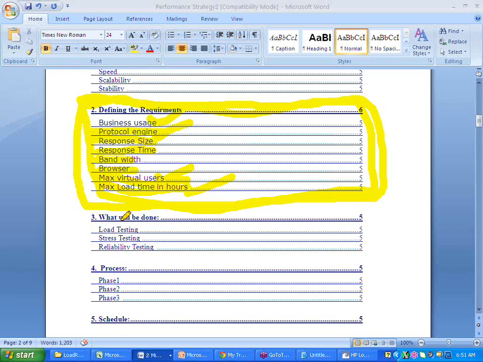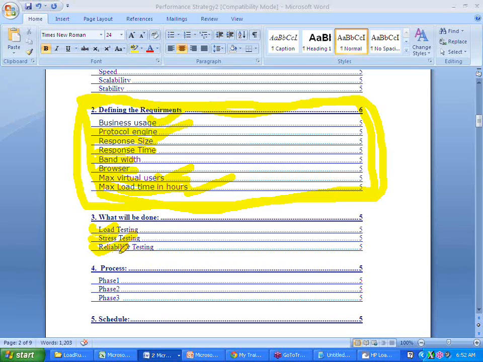So a few seconds back I was telling you team, like what type of testing should be done as a part of load, as a part of performance testing. There are different categories I told you. So load testing, stress testing, reliability testing. We'll see what reliability testing is. Okay, it's nothing but constantly increasing the loads or subjecting the application or a test to a constant load over a period of time. So we check the behavior over a period of time.